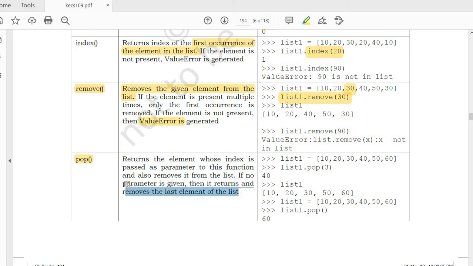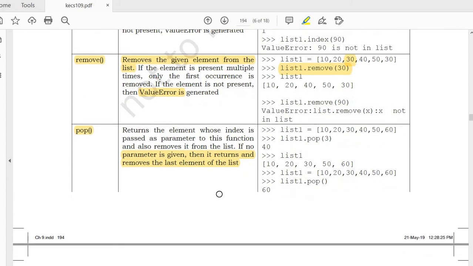So it's a repeated question. What is the difference between remove and pop, as well as what is the difference between extend and append? So you study that very clearly and understand what is the difference between append and extend as well as remove and pop. Okay. So list 1 equal to 10, 20, 30, 40, 50.